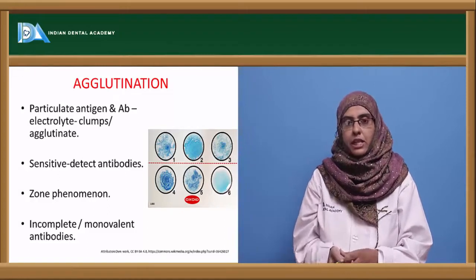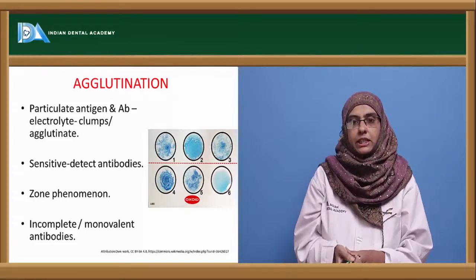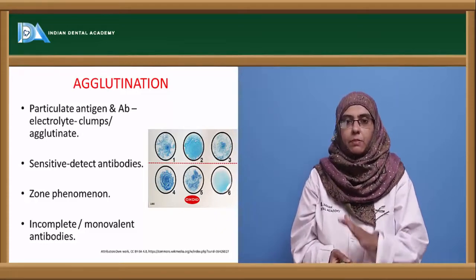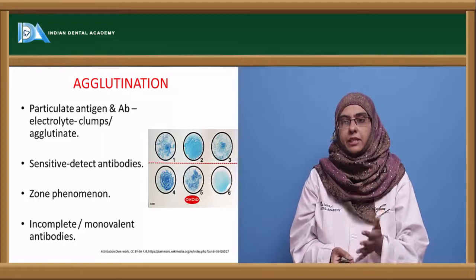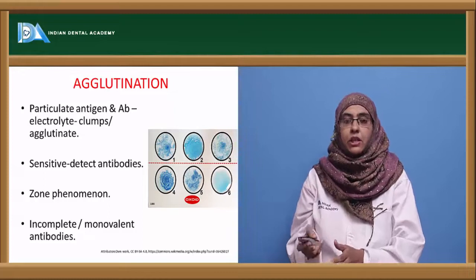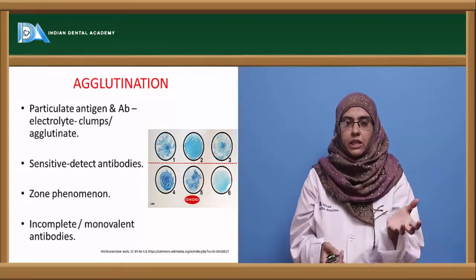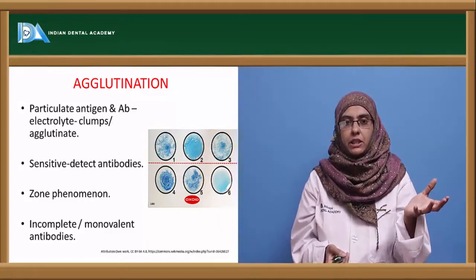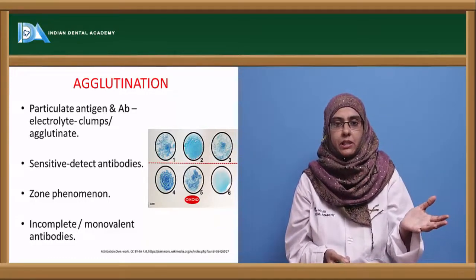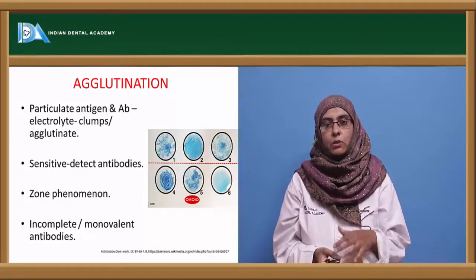The next important serological diagnostic technique is the agglutination reaction. In the precipitation reaction, we have seen a soluble antigen interacting with the antibody, but in agglutination the reaction is between a particulate antigen and the antibody in the presence of electrolyte at a standardized temperature and pH. They form an agglutinate, or visible clumps. For these visible clumps to be seen, there has to be specificity, as we have seen in the precipitation reaction, where the formation of a lattice is the basic phenomenon. The same holds good for the agglutination reaction,